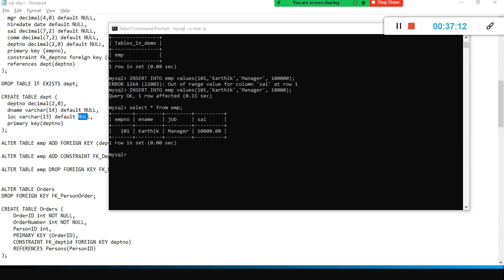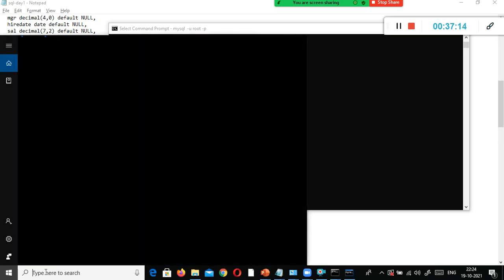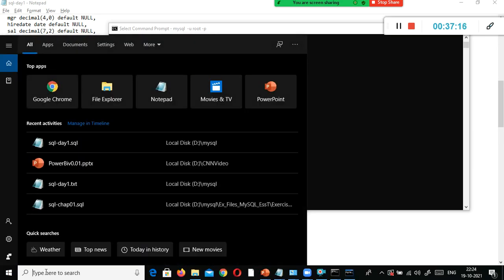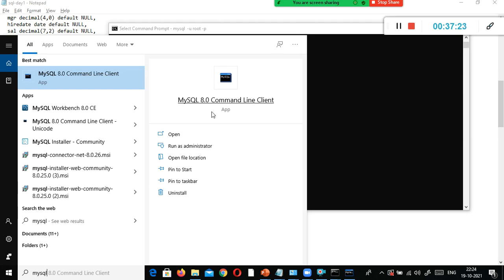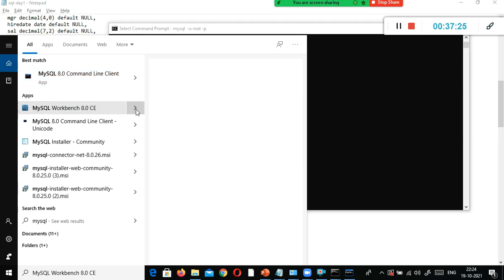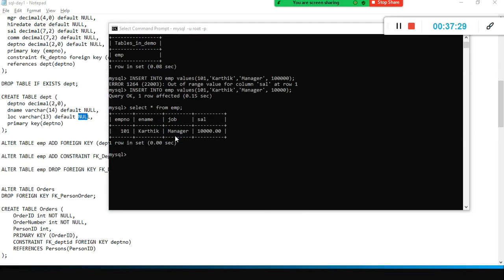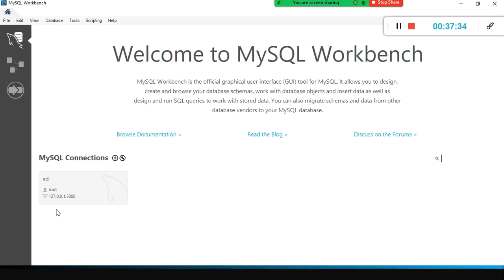The same thing you can do with Workbench also. Look here, go to the start button, MySQL Workbench, click open. It will take some time. If you have good memory, RAM, it will open fast.